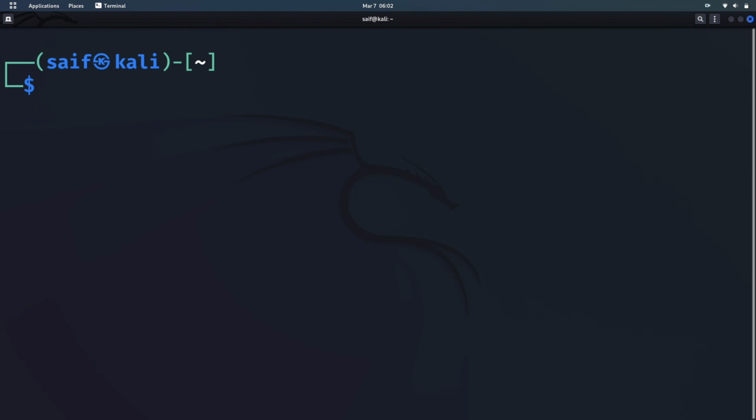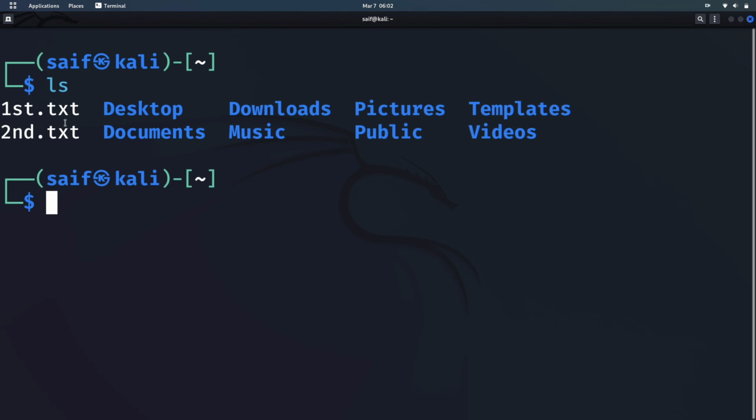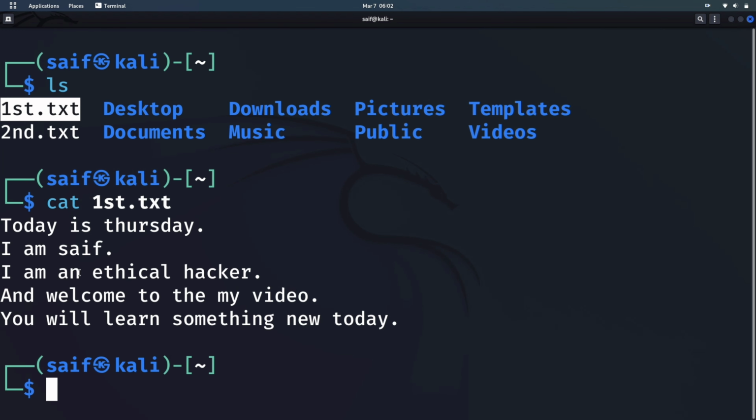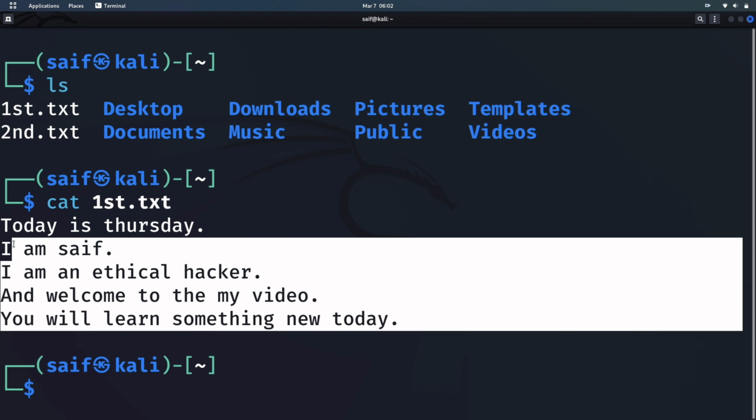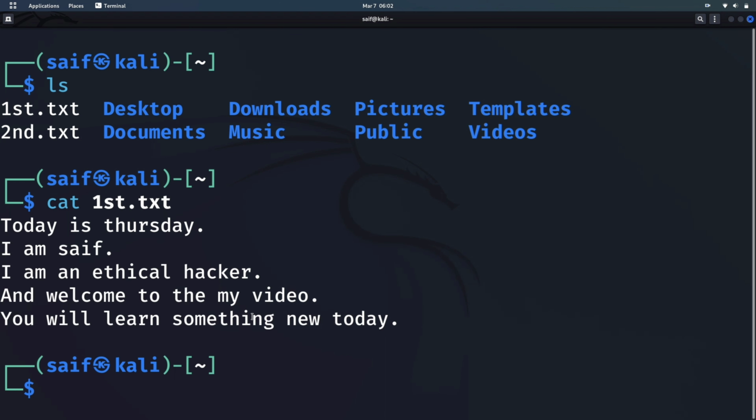Now moving to our next command, that is grep command. Now grep command is used to extract specific elements or strings from huge paragraphs or a huge txt file. For example, let me show you what we have here. We have first.txt file, and let's see what's inside this file. And here you can see this is the content that is present inside this file. So for example, I want to extract this line in which the word hacker is present. I will use grep command to do so.